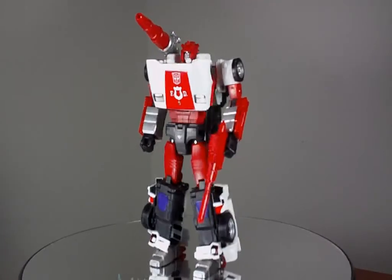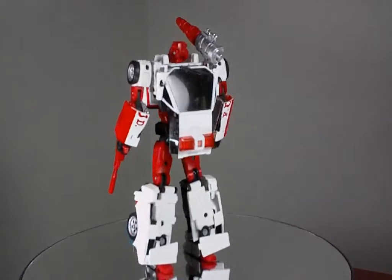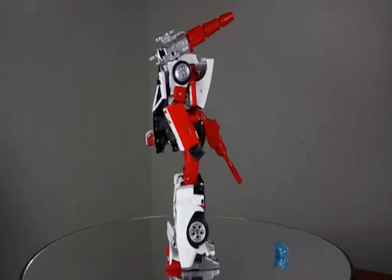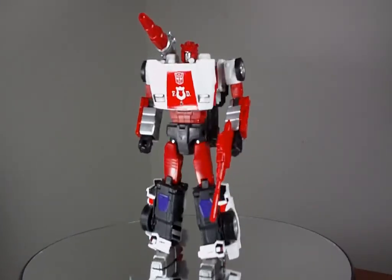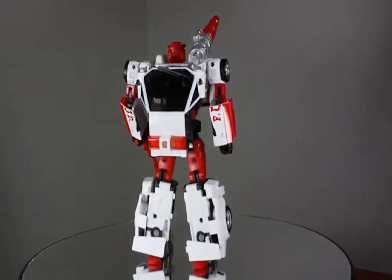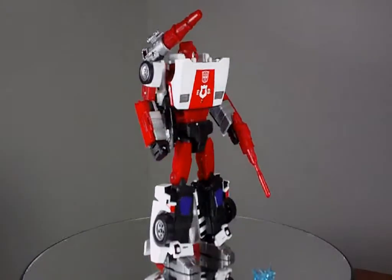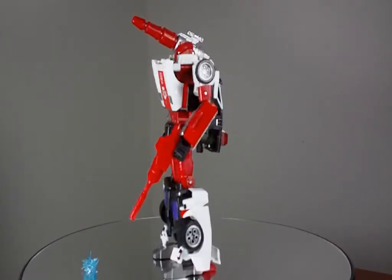However, as I mentioned previously, it is something expensive because it's no longer available through retailers. I believe the inventory of all major online retailers is depleted. The only place I can find it online is through things like eBay, basically the secondary market, and the prices are really inflated. If you do get a chance to pick this up for $80 or less, I definitely recommend it. Above $80, definitely above $100,